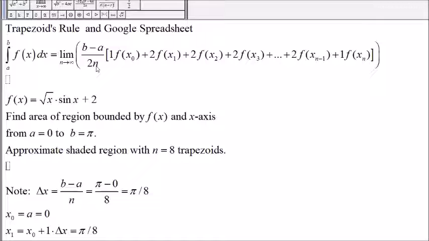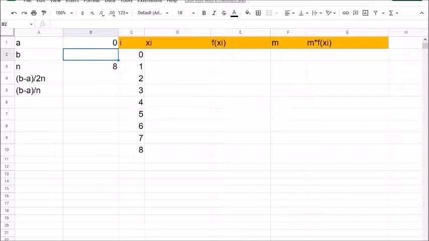And so now we can go to Google Spreadsheet and do the calculations for the f of x of i's, and then find the area of the 8 trapezoids. So for this example, a is 0, the number of trapezoids, or the number of subintervals, is 8, and then b is pi. And so in the Google Spreadsheet, we just type equal, and then pi,